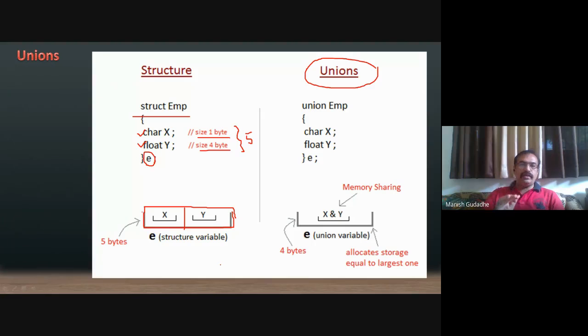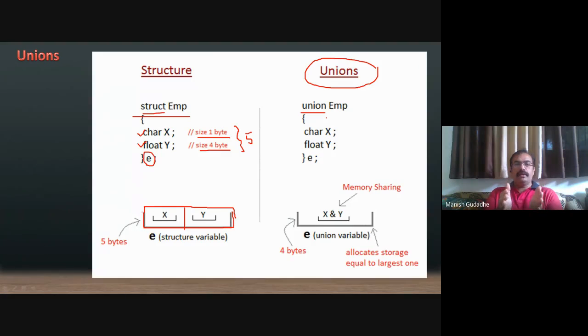Union is a very similar construct in C, but the only difference is that it shares memory. The same definition which is written here with structure, I am writing here with union. Union is a valid keyword where we define a user-defined data type exactly similar to the structure.